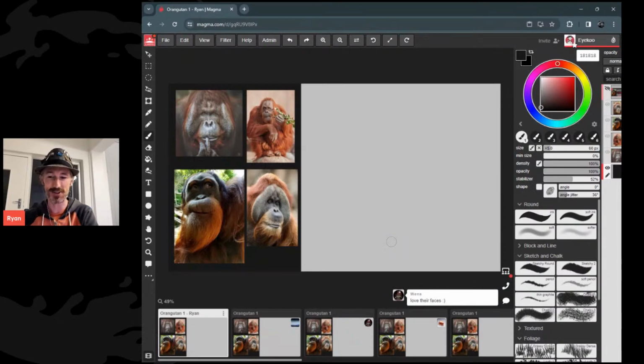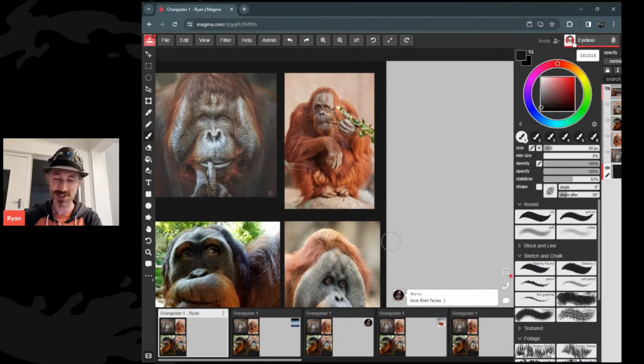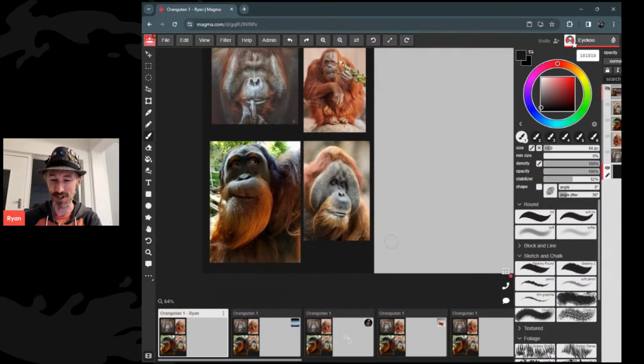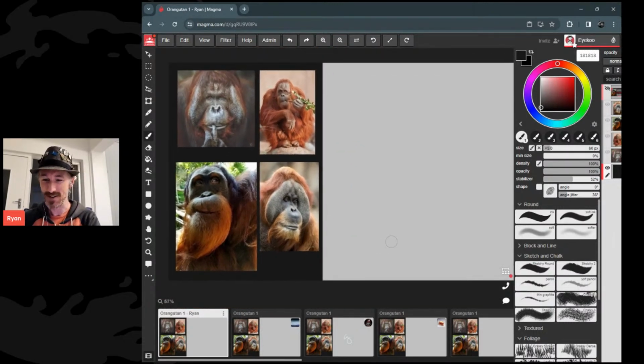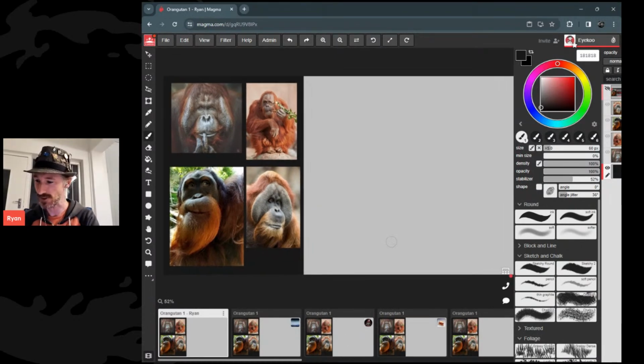Yeah, these expressions are really cool. I love the one smoking the branch there, or this one on the bottom left looking quite amused and skeptical at the same time. Cool. So